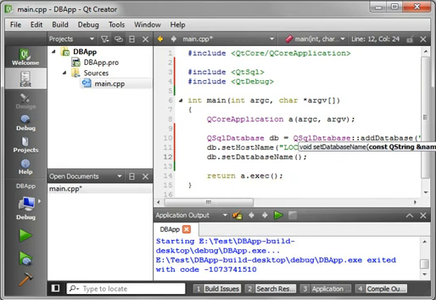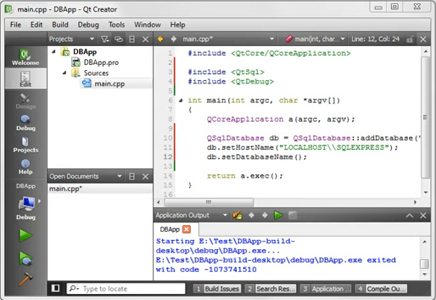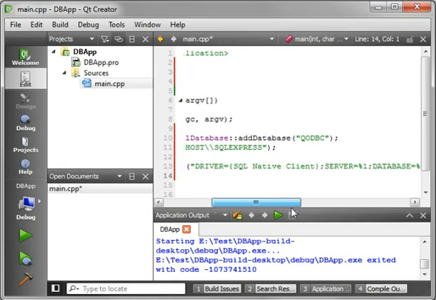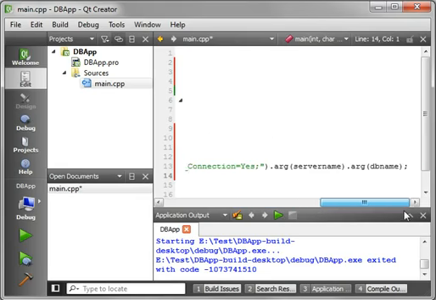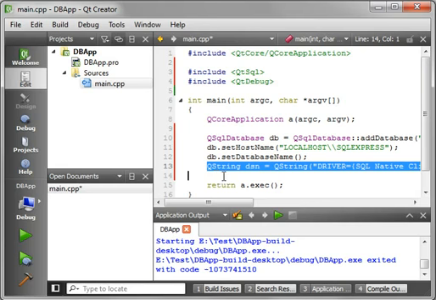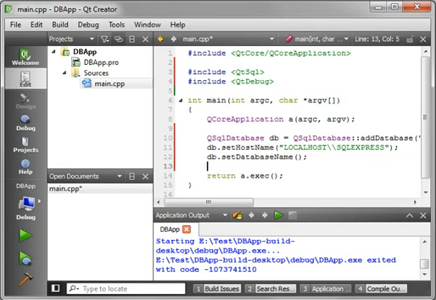In our previous tutorials we've used a connection string. It looked like this: driver equals SQL native client, blah blah blah. Basically, we're not going to do that because it's ugly and we don't like it, and there's a better way. It's called a DSN. So we're going to give it a name, and we'll say myDSN64,